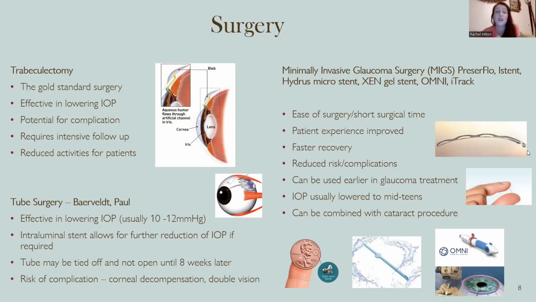With the trabeculectomy, we do that surgically by making a little hole there and suturing an area down to titrate the amount of fluid that's escaping the eye. That runs from the anterior chamber, where the fluid circulates, to just underneath the eyelid in the subconjunctival area, so the white of the eye will have a little raised area under the eyelid where the fluid pools before it's absorbed into the rest of the body again. The tube and the minimally invasive surgeries can work similarly. With the tube surgery, we actually have a tube passing through that drainage area and bypassing it. Again, that slight pooling and that outflow is created.